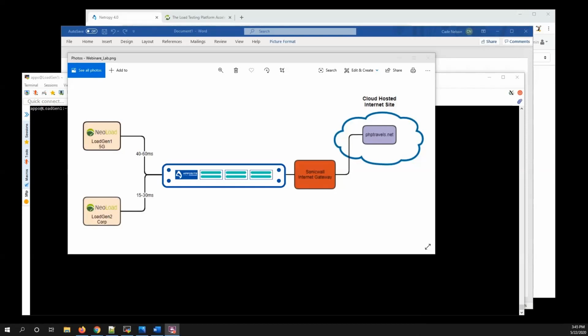In my lab here, I've created two different machines, both running NeoLoad. One is called Load Gen 1 and the other is called Load Gen 2. Both of these are connected to the Apposite Netropy WAN emulator. And then the WAN emulator is connected to our internet gateway and then goes out to the web page I am testing, which happens to be called phptravels.net.